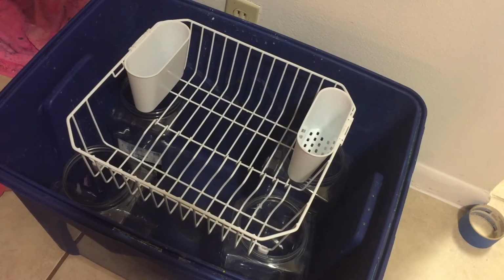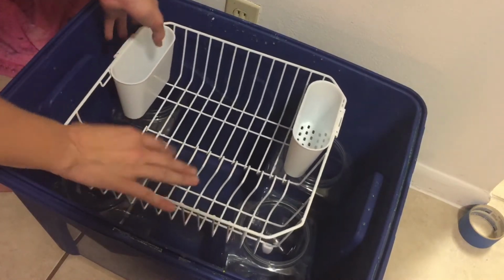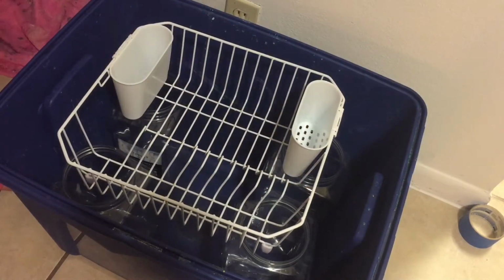So I'm going to show you kind of, okay, and there are some big spaces here, so I actually block off the ends